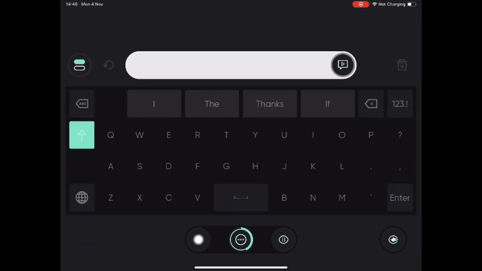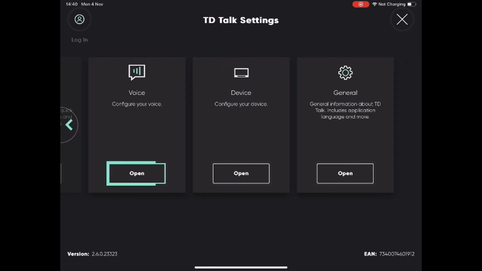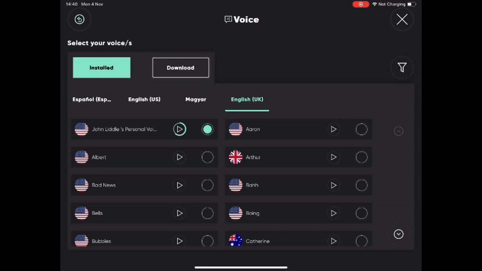On iOS devices, we support Model Talker, the Voice Keeper, Acapela My Own Voice, Apple Personal Voice, and any banked voice that can be configured as an Apple system voice. This is a sample of how John Little's personal voice one sounds.